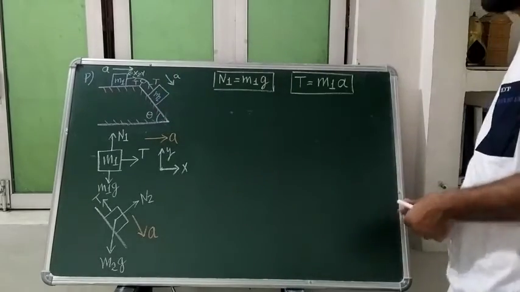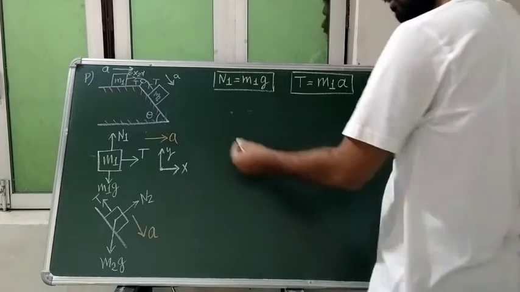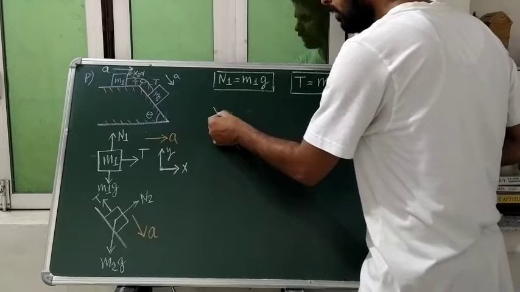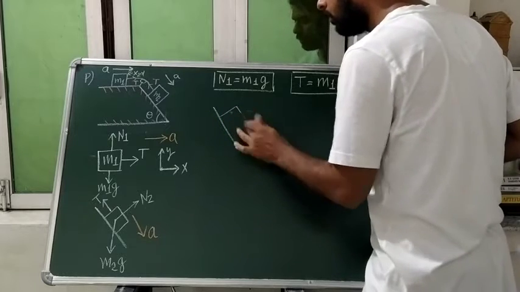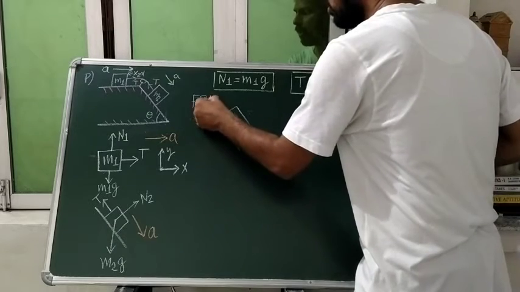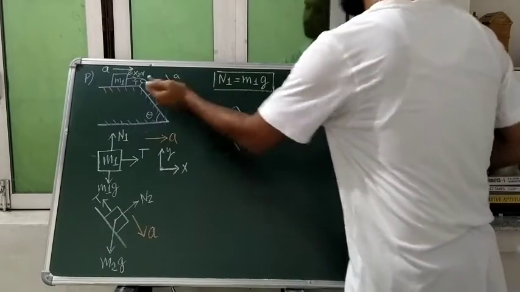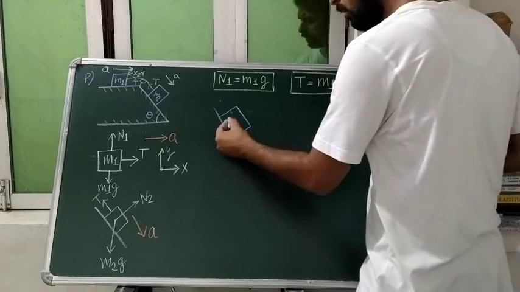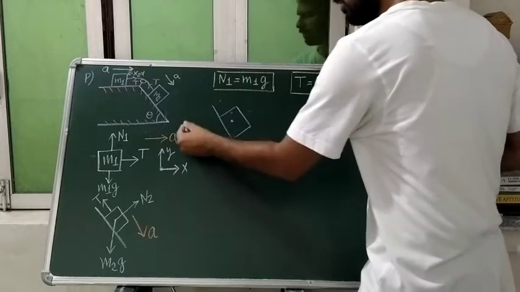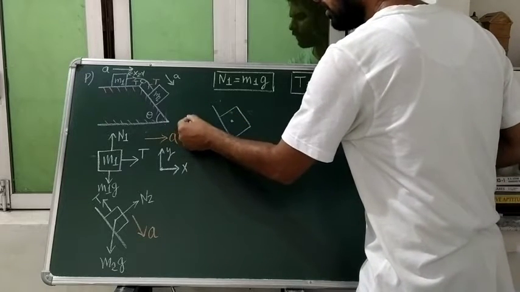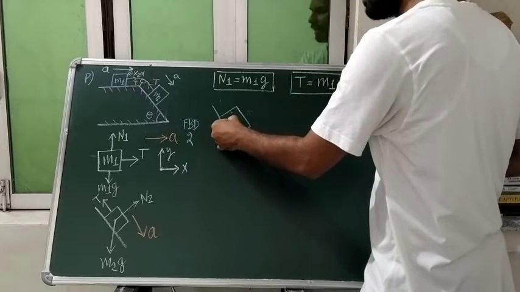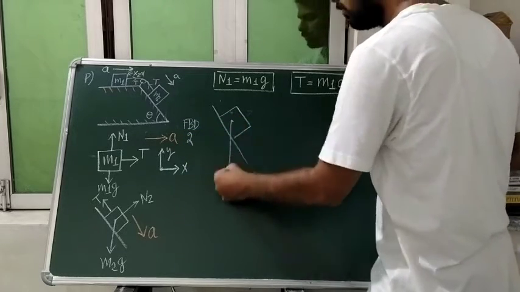Now come to that inclined surface, student. The inclined surface is something like this. Here M2 is present, block 2 is present. That FBD of 2 we are drawing. This is our M2 equation. It will become clear. This is our FBD 2. So the weight will act in the downward direction, isn't it, student?